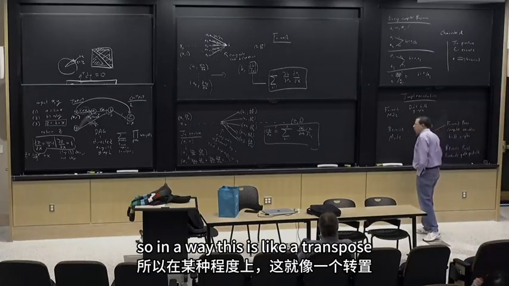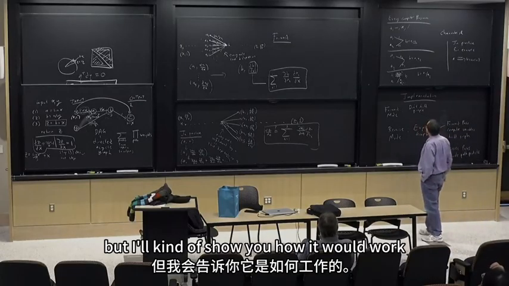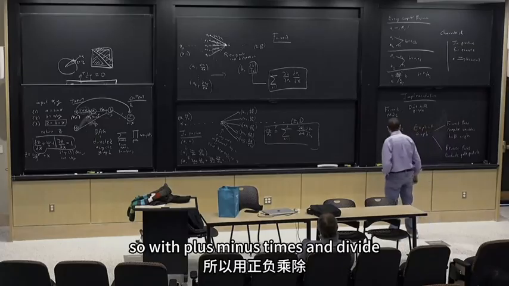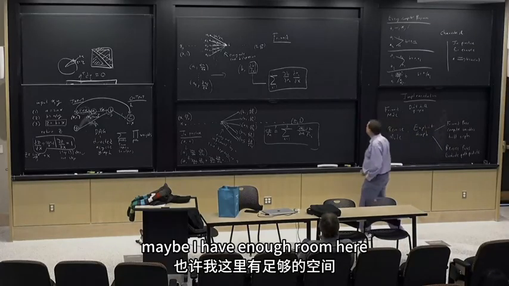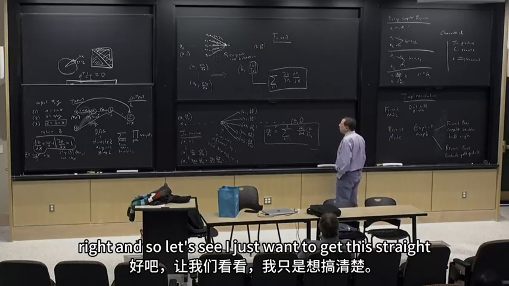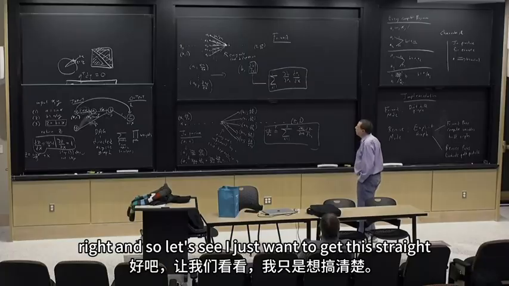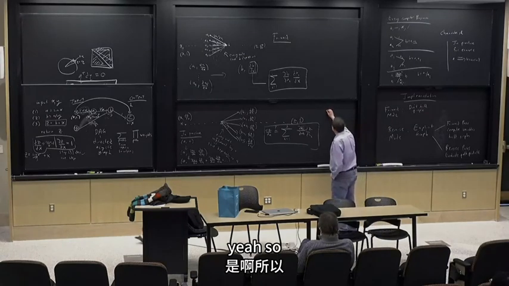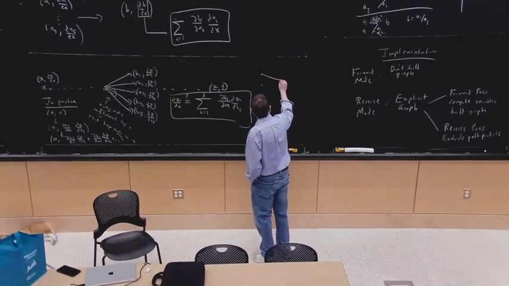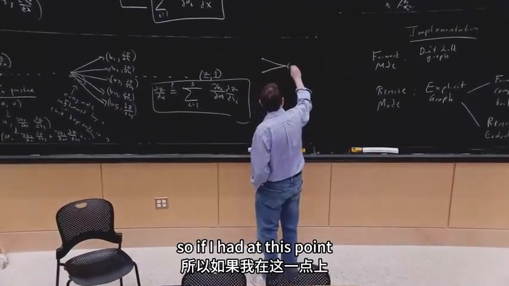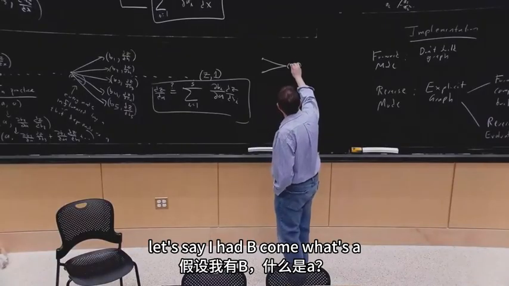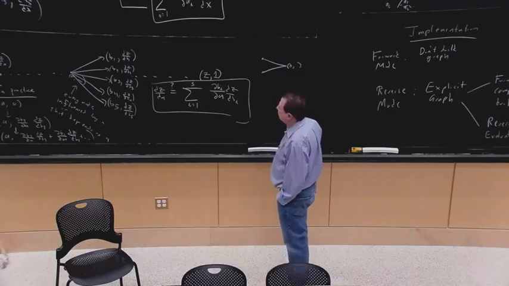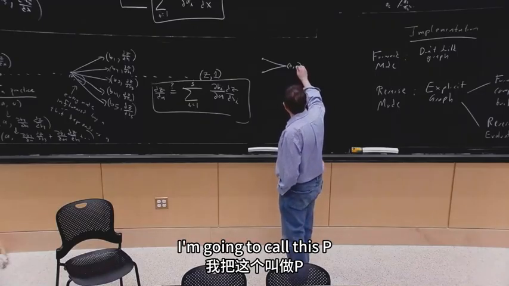So in a way, this is like a transpose, but I'll kind of show you how it would work. So with plus, minus, times, and divide, where can I put that? Maybe I have enough room here, right? And so let's see. I just want to get this straight. So how should I do this? So if I had, at this point, let's say I had b, comma, what's a good notation? Maybe it doesn't matter. I'm going to call this p,